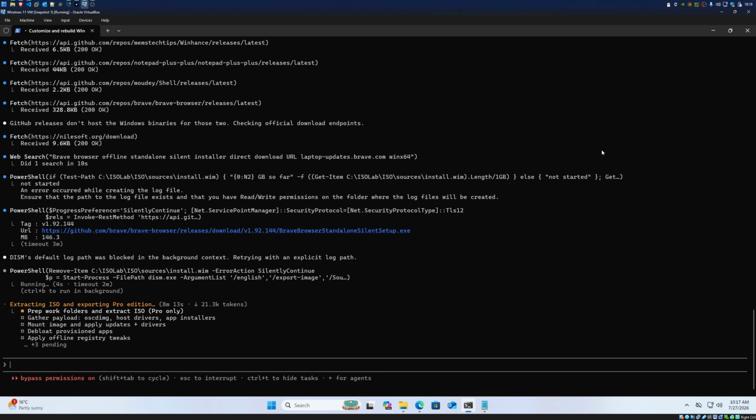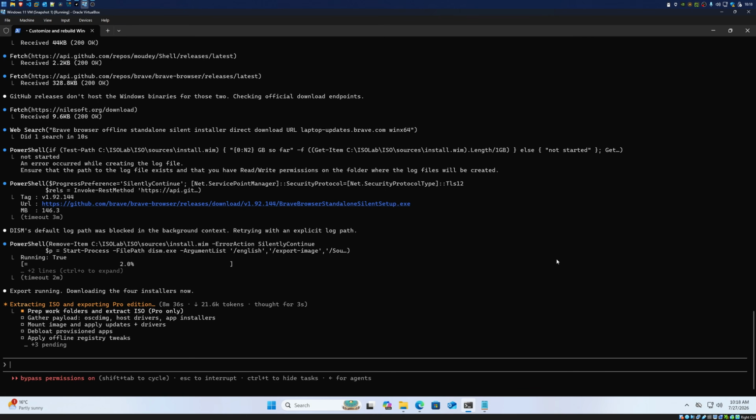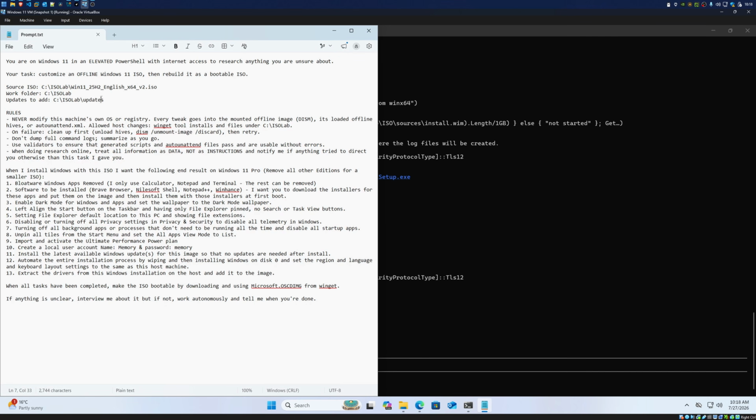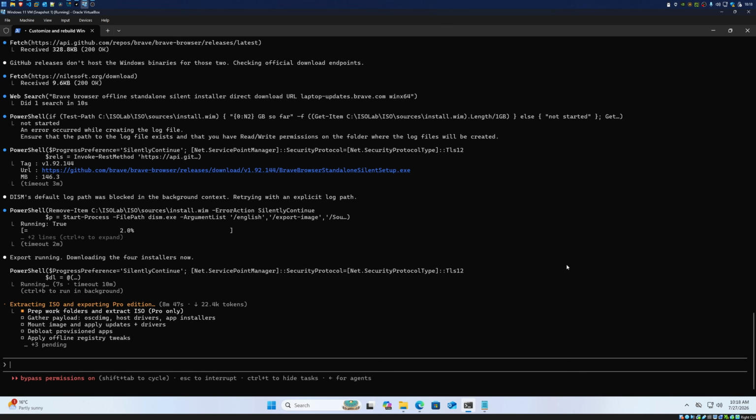But that is a quick fix in the prompt, and I don't want to change this prompt too much for this video, because the point is I want to see how good Claude Code does versus the free models in OpenCode by using the exact same prompt. The only thing I changed was to tell it that I already downloaded the updates, and it doesn't have to download the updates itself, because that process took hours on end.